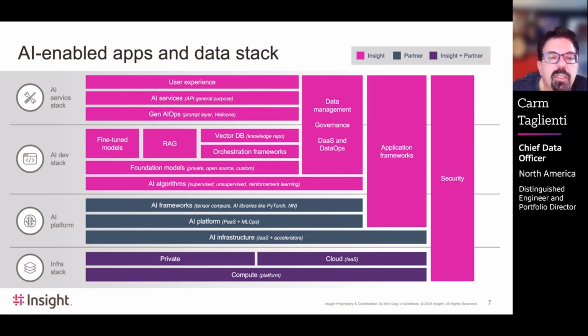So it either runs in the cloud or in a private instance in your local data center, or a combination of the two. But in order to do that, there are many features that need to be made available. You need frameworks as part of the AI platform. You need to create an AI development stack, which allows you to formulate the AI that you might be using or the ML that you're using for performing the analytics that you might be using.